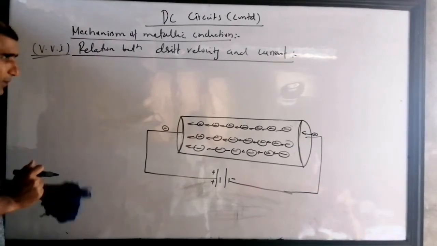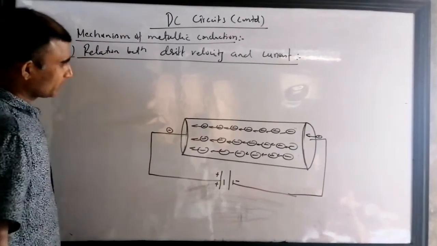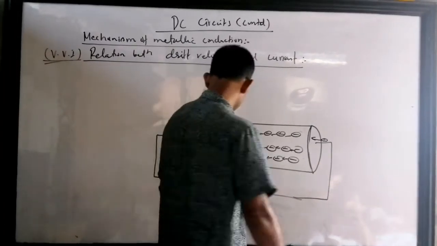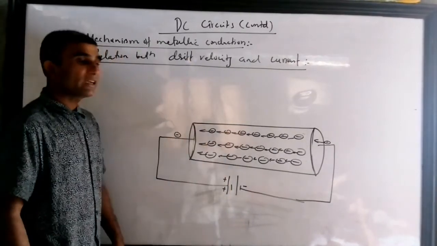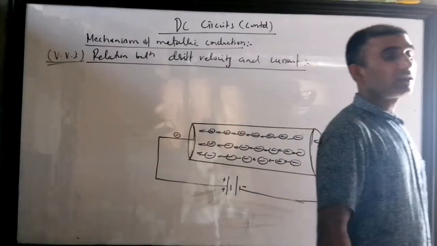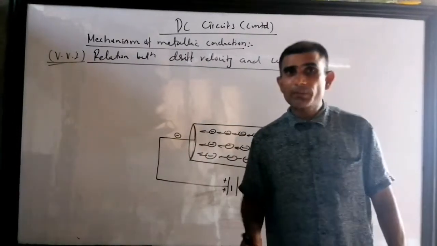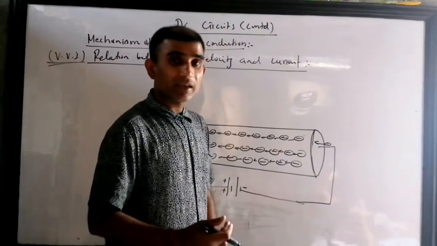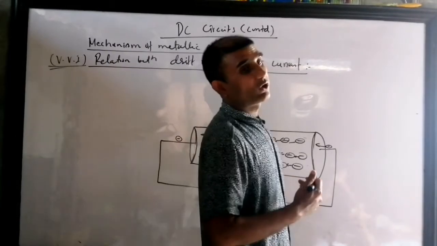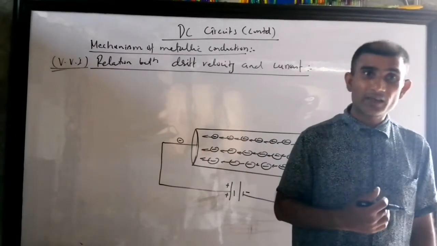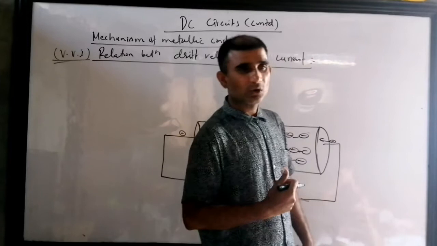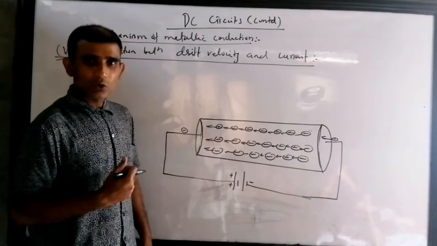Of course, if you are running fast and someone places an obstacle in front of you, you may fall. The same thing happens here. When these electrons are rushing to reach the positive pole of the battery, they collide with each other, and even with the ions and atoms of the lattice. When they collide, what happens? They lose energy, meaning the speed breaks and becomes slow, then accelerates again, then slows again. Sometimes it moves fast, sometimes slow.